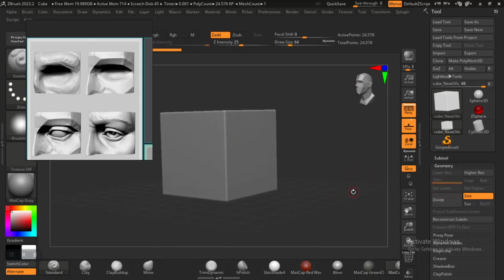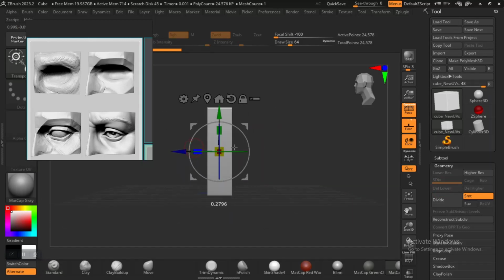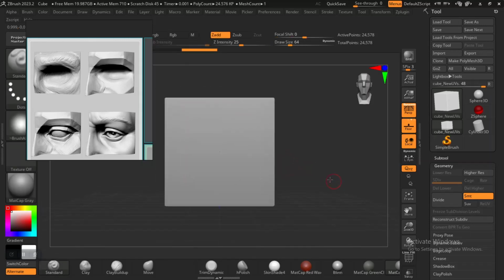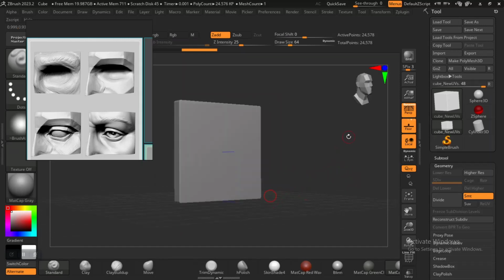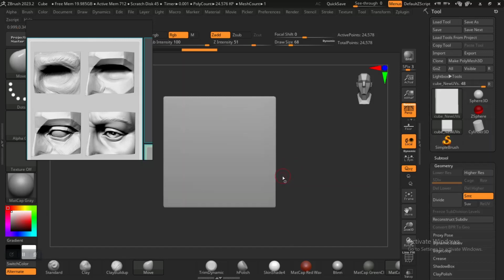Then I'm going to squash this down. I'll just make this something a bit slimmer like so. Yeah, I think this should be roughly fine. And the first thing I'm going to do is turn off this floor for now. The first thing I would like to do is to come to the move tool, turn off symmetry,